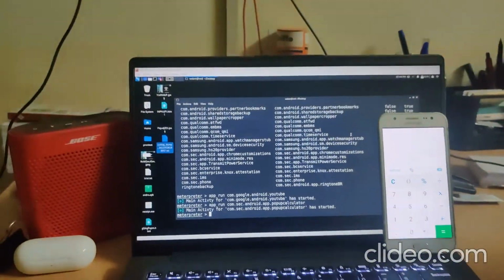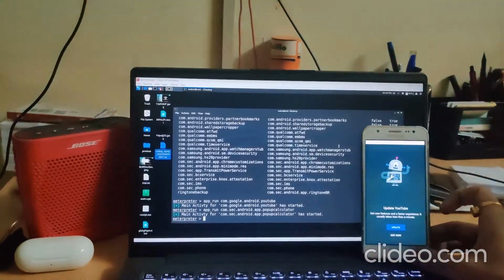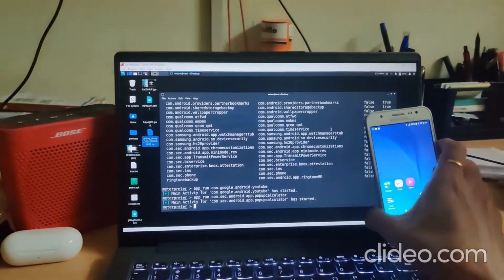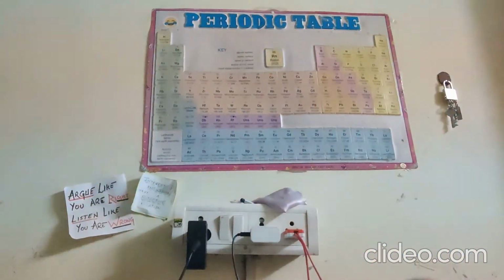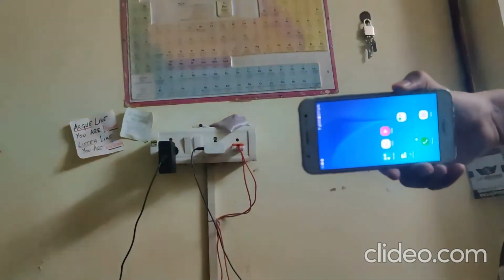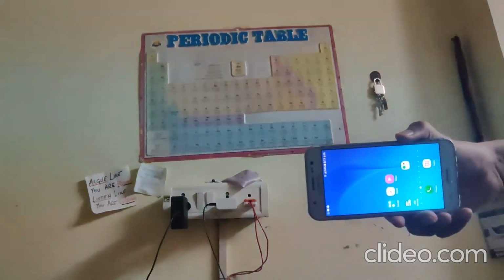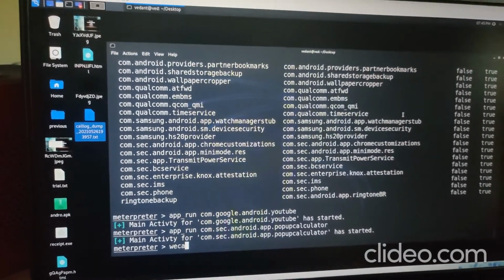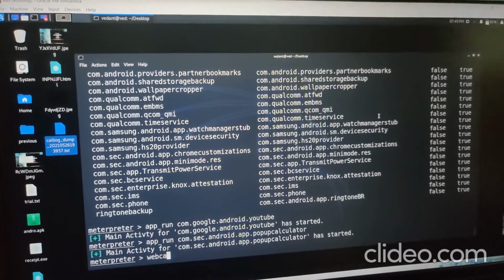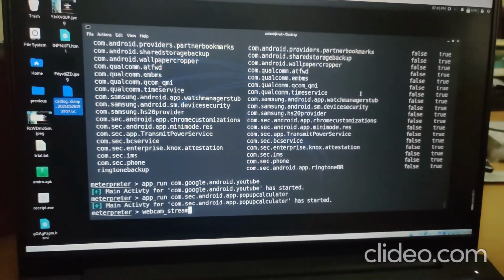Now I'm just going to close this. I'm just going to hold my phone in this direction. So here we are pointing the back camera of the Android phone to the periodic table over there, and here I'm just going to give the command webcam_stream and hit enter.